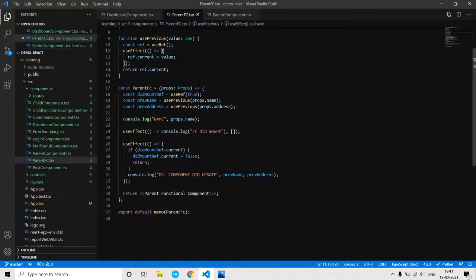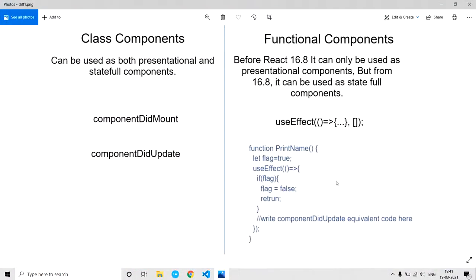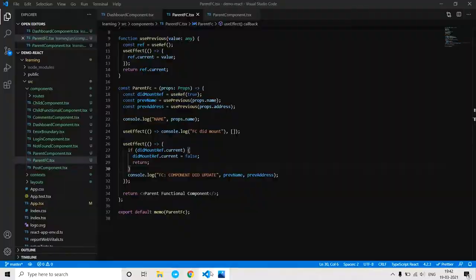So here we use the useEffect hook again to achieve this, but we should take help of the useRef hook as well. It's pretty simple. As you see in this chart, we are using some flag. For the first time we are just returning from there and setting the flag to false. So the useEffect function returns for the first time without executing this block.